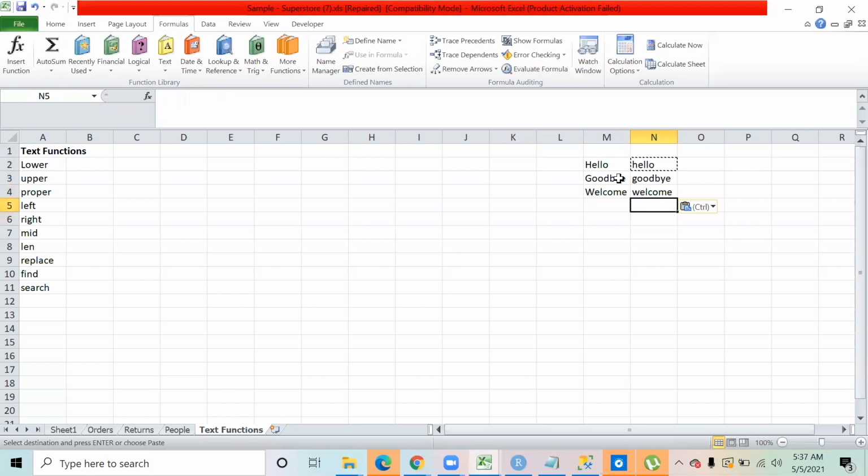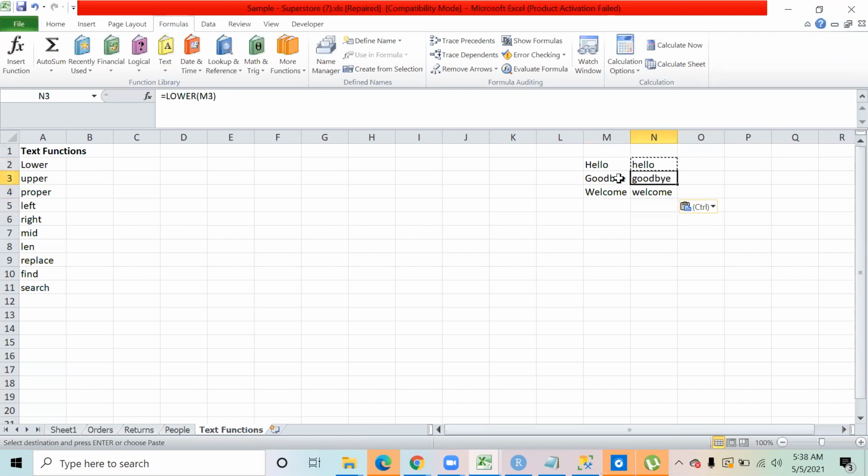Because I have done copy and paste, it exactly copies each and everything. So it has copied the complete formula and pasted it over here. Now this is the lower function over here, lower function over here, lower function over here. So I have copied the function and pasted it in all the cells. So the function has been pasted.